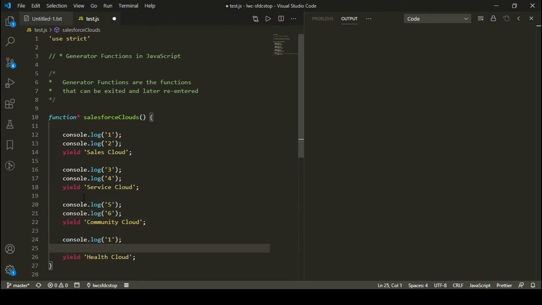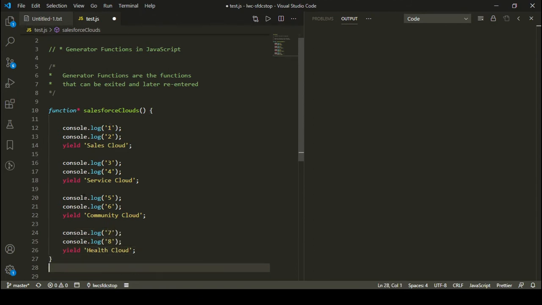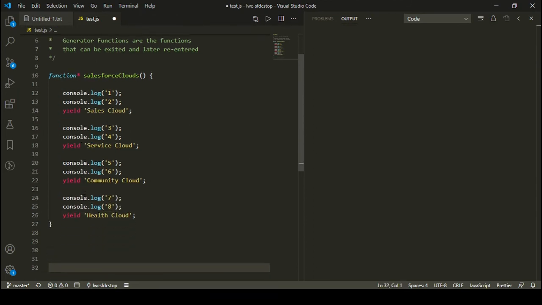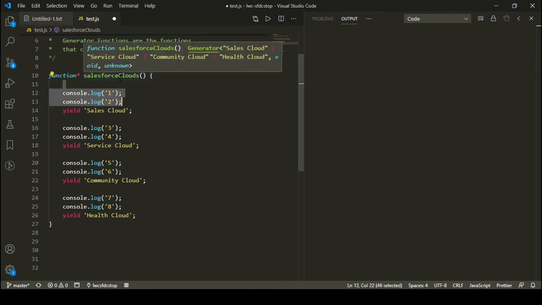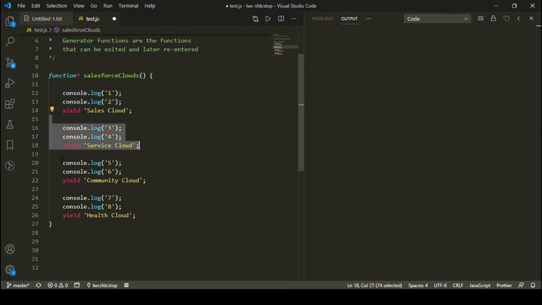And after that, we have, let's say, 7 and 8, and then the fourth checkpoint, right? I'm adding these console.logs because I want to show you that this much code will be executed when this function is called for the first time. The second time, this much code will be executed, at the third time, this much code, and at the fourth time, this much code, right? So you can have any kind of JavaScript code. I have just added some console.logs to show you the example.